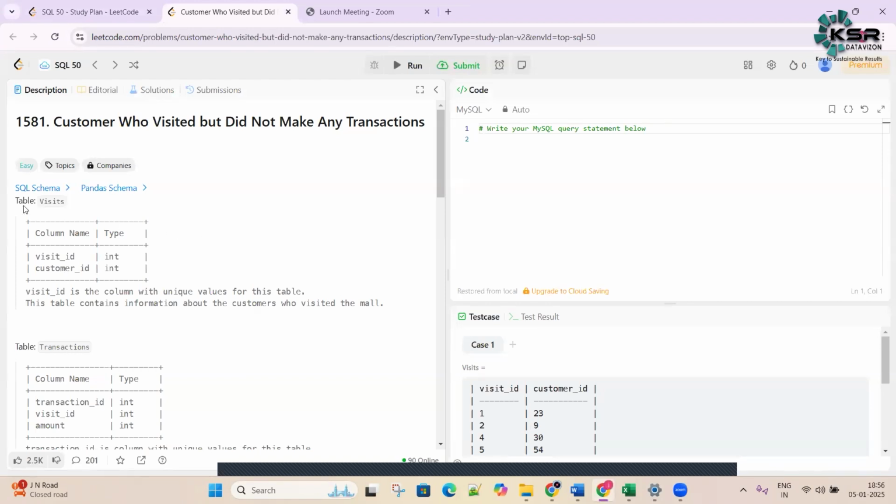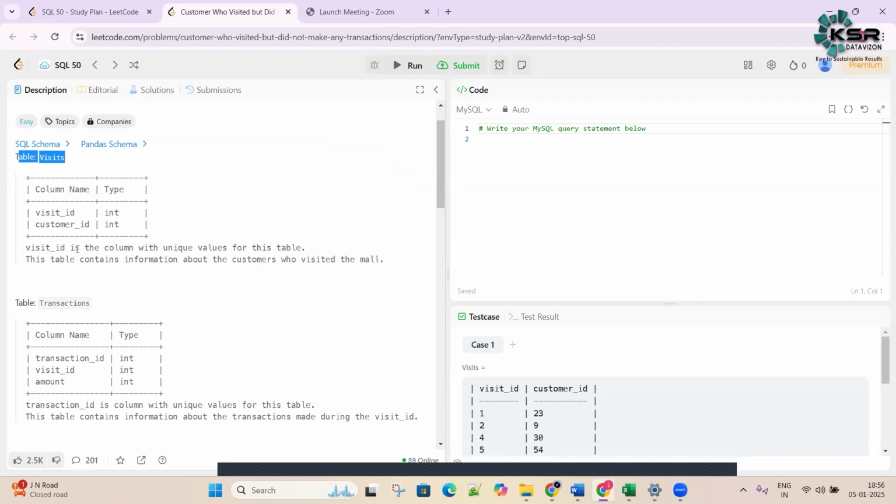solution for that. What it says, we have a table called visits, okay, and it has columns visit ID and customer ID. So it says visit ID is a column with a unique value for this table. So unique is nothing but a primary key for this table. So that means there are no duplicates and there is no null. The table contains the information of the customer who visited the mall. Okay, so there is a mall where the customers visit. So these are the information where whenever the customer visits that mall, there is one visit ID that has